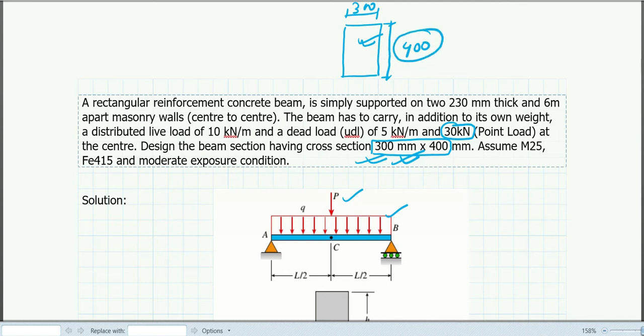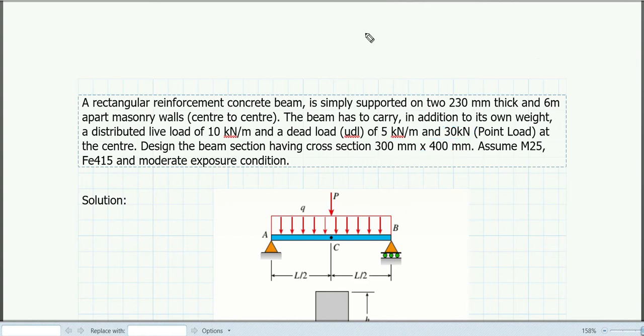So what is the extra thing that we are going to do here? Initially, in the case of a single reinforced beam, if you remember, we had tension reinforcement at the bottom, but here we will also provide some compression reinforcement at the top. This compression reinforcement will take the additional moment that is coming to the beam without changing its dimension.